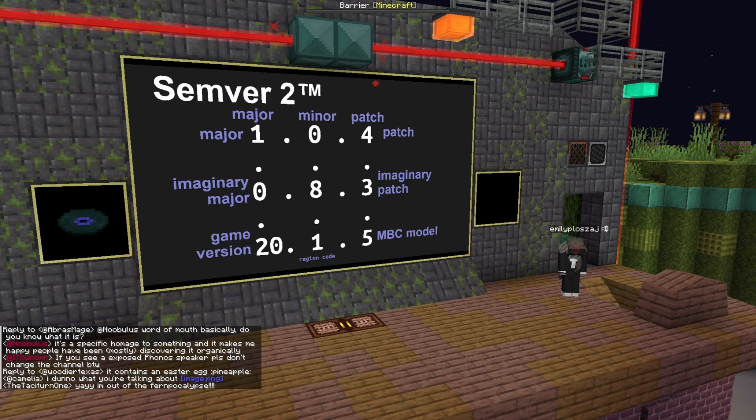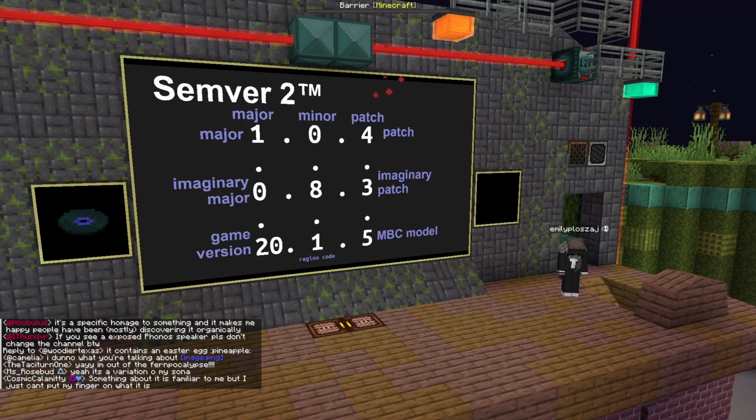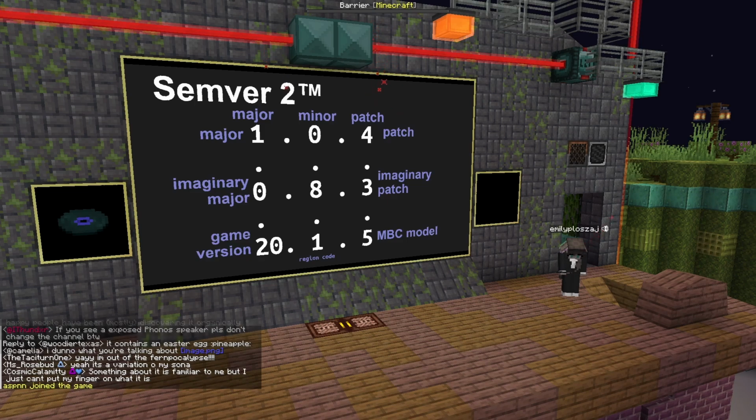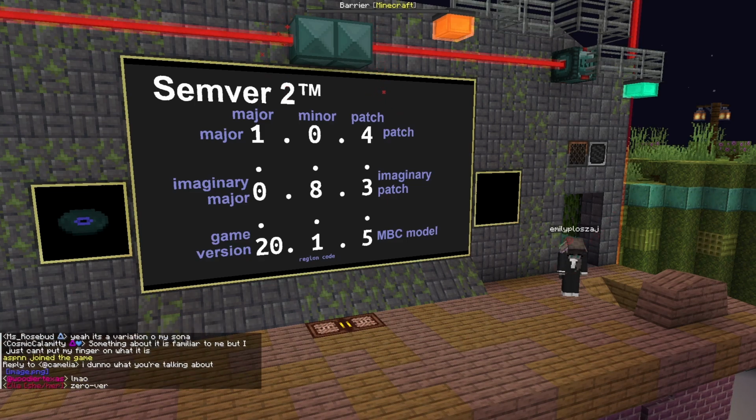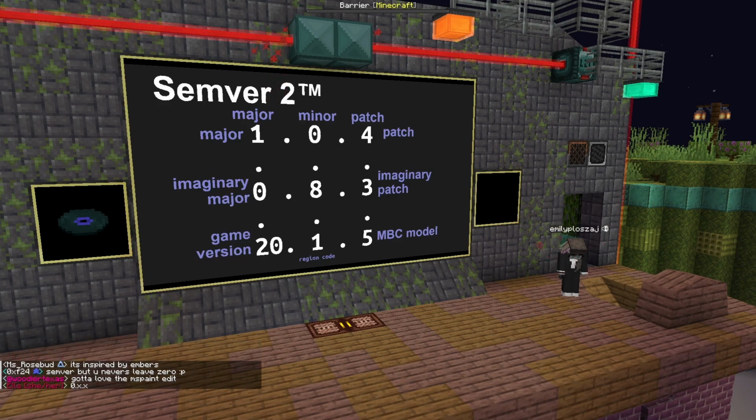Is semver2 better than 0over? I don't know what 0over is. If you can type it in chat, then I can answer this question, and the answer is also probably no. Oh, 0over, like not releasing versions at all? That's a tough question. Having any semblance of order is good, but my semblance of order is really bad, so I guess that's going to be a personal preference. Oh, just incrementing. No, then 0over is so much better.